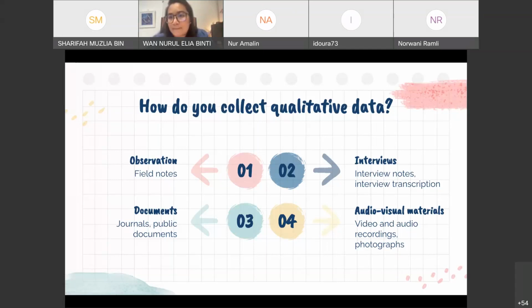So the data that you will get from these interview sessions would include your interview notes as well as your interview transcription. All right. So of course, after you have interviewed, it's good to have a recorder, and it's good for you to have a good recorder, I would say, to record your interview session. Why? Because these interviews will have to be transcribed. So I hope by now you should know what it means by interview transcription. You will have to listen and type out what these people have said.